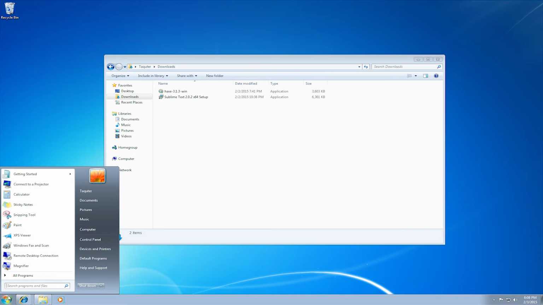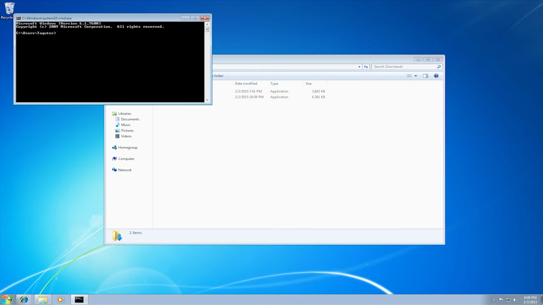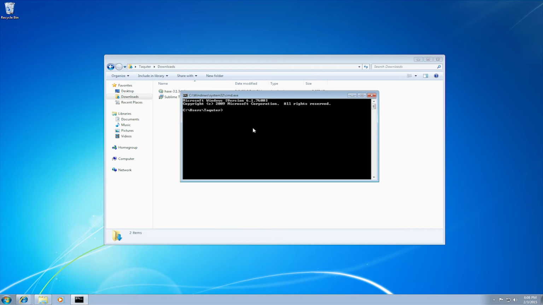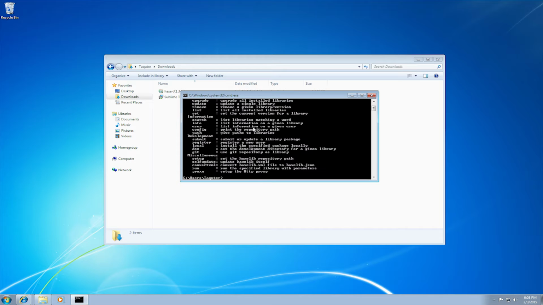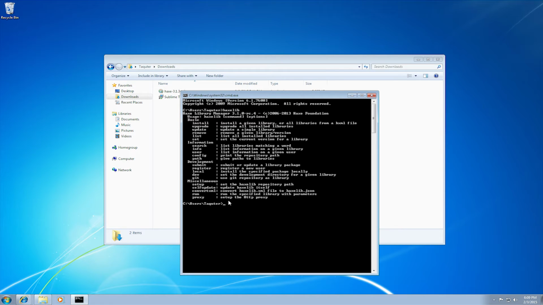Next, you're going to open up your command prompt to verify that it installed correctly. So here we are. We've got our command line open, and haxelib is the command we're going to type in. Enter, and you can see by this that it installed correctly. If you didn't get this and you get a command not found or something to that extent,